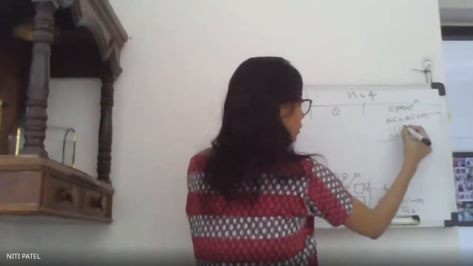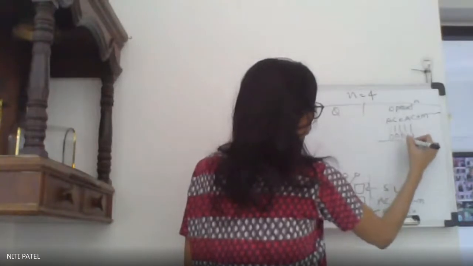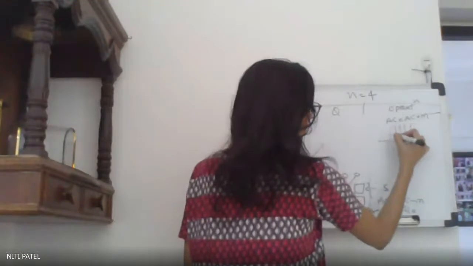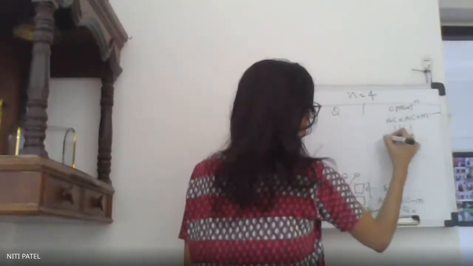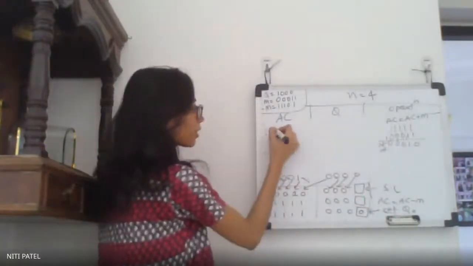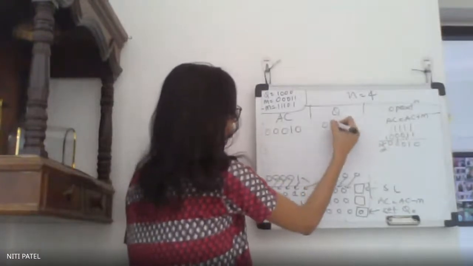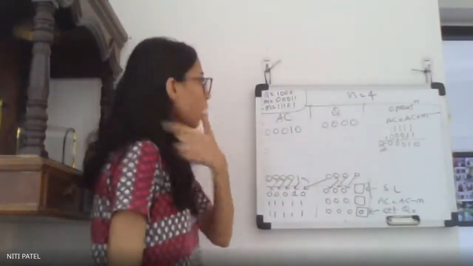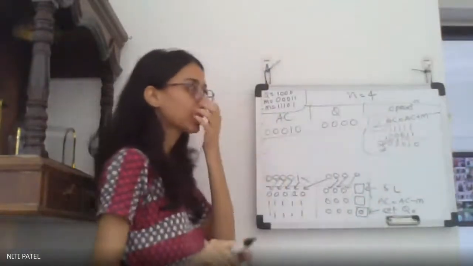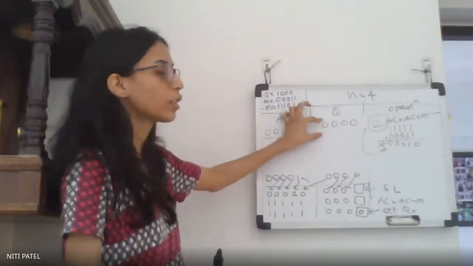When I do this operation, I get this, I discard this and I write 0, 0, 0, 1, 0 and I copy Q as 0, 0, 0, 0. Now with this I have completed my cycle number 2. But how should I check whether it is correct or not? Check whether the values of AC and Q are restored or not.